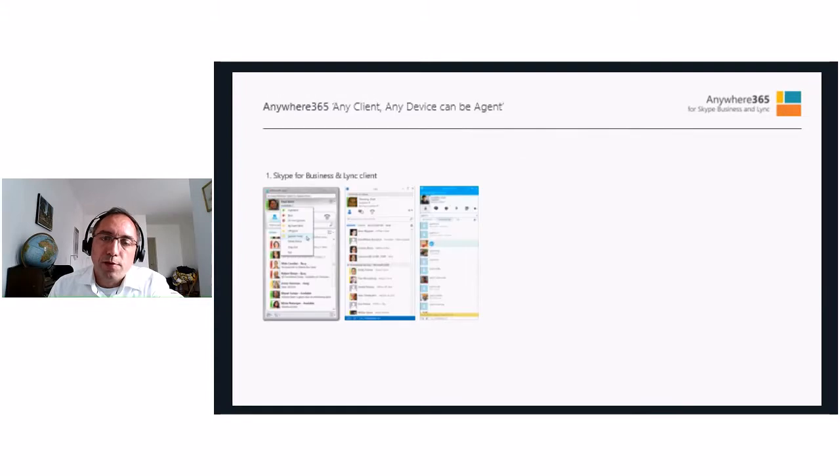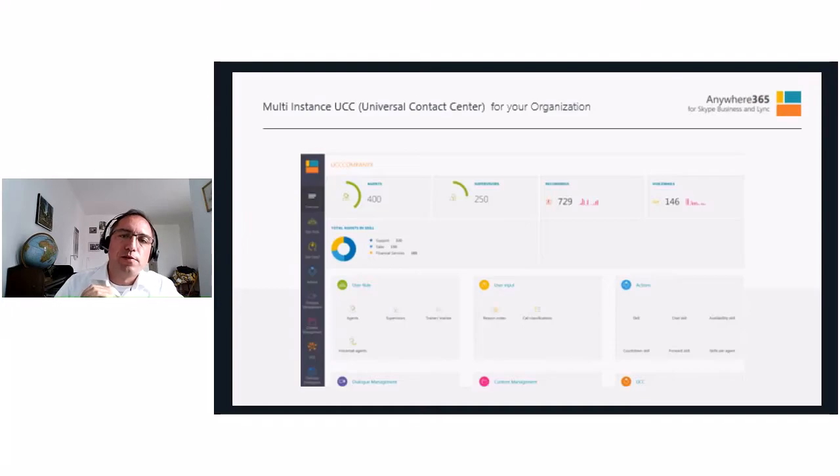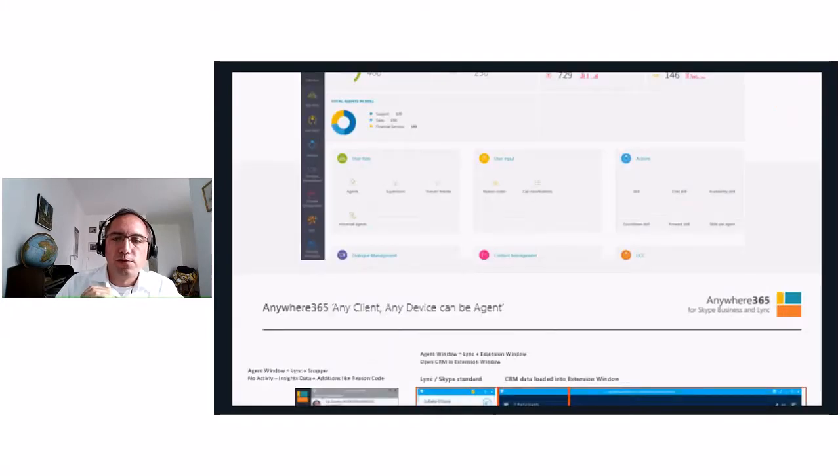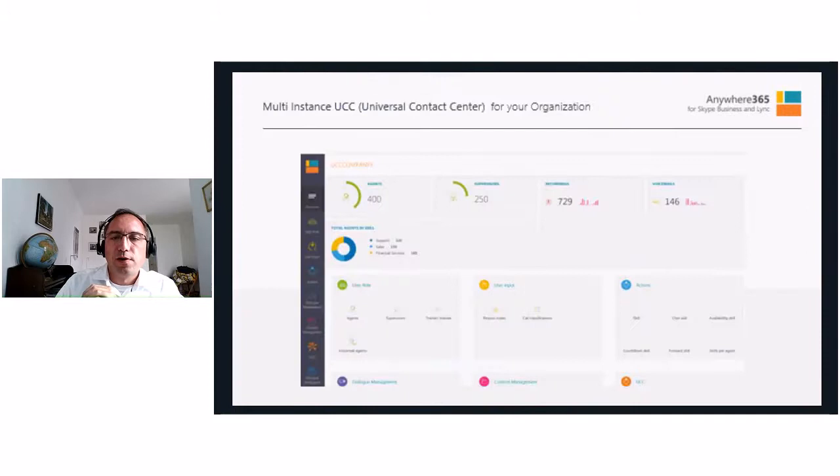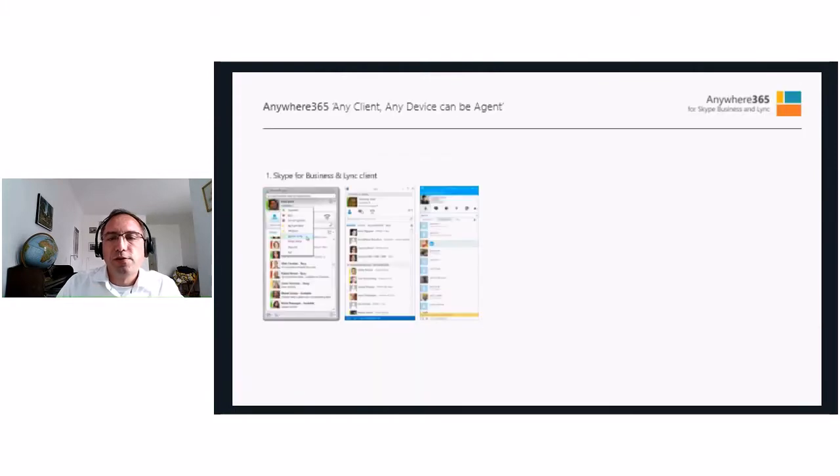One of the other start points of our application, or one of the mantras that we say, is that our application needs to be able to run on any Skype for Business client that's out there in the market. So our application can run on any client that's out there, whether it's the full desktop